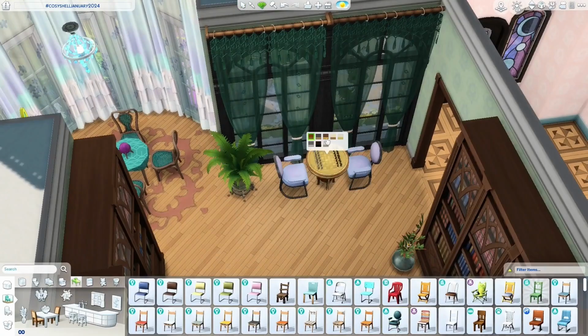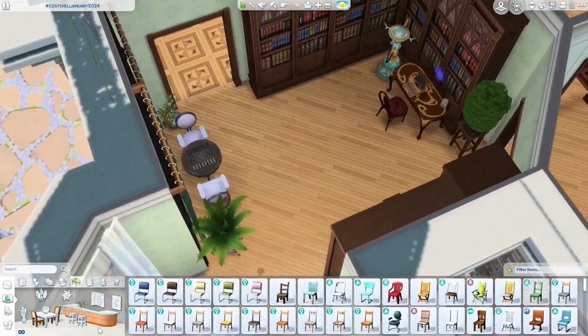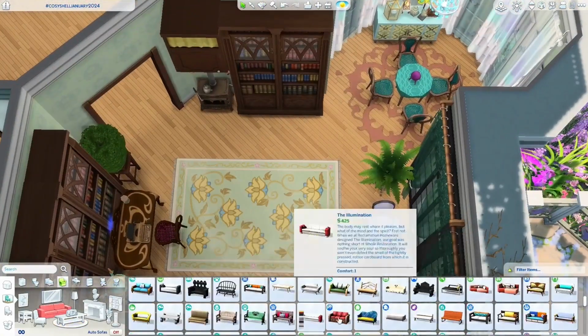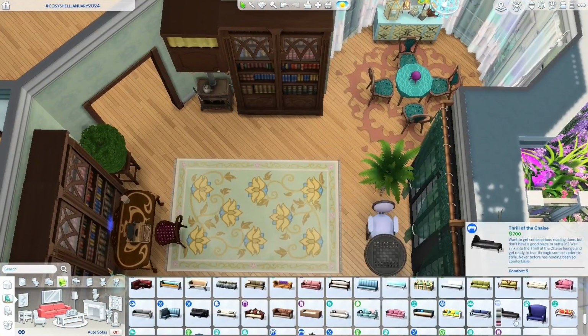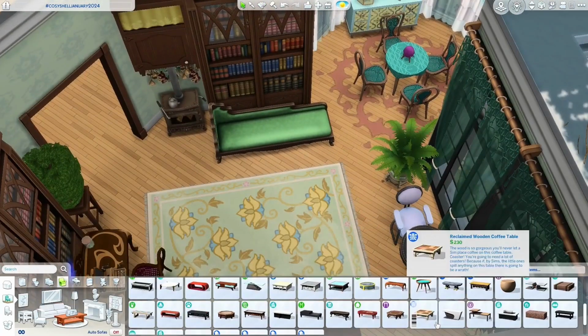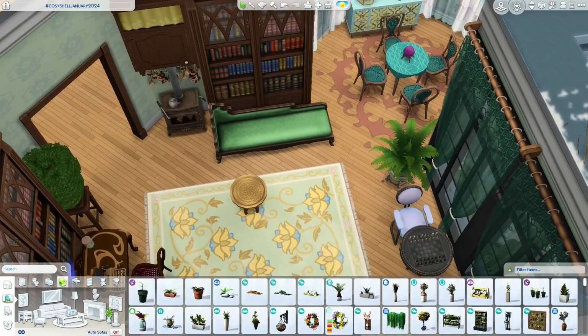I did put quite a few, I hope, skill building items in this. I mean, we have, obviously, computers are important. There's 2 computers in the house. One's in one of the bedrooms upstairs in the vampire room, and then the other one's here on the main